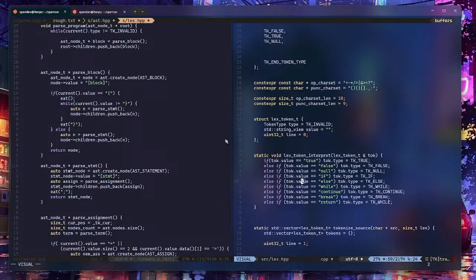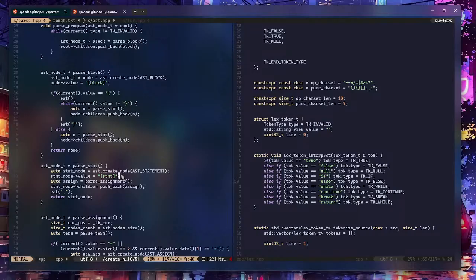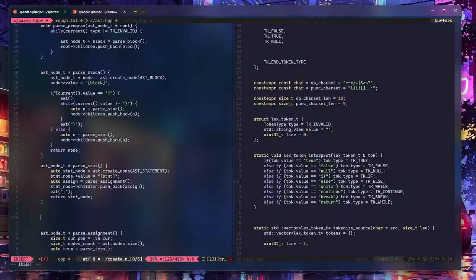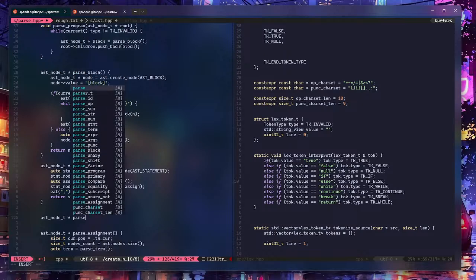So how about this? The statement itself can be many things, right? It can be an if statement. It can be a while statement, or it can be a block, right? It can be an assignment or an expression or a block. How about that? So if we have something like this, right? For now, the pointer parse if